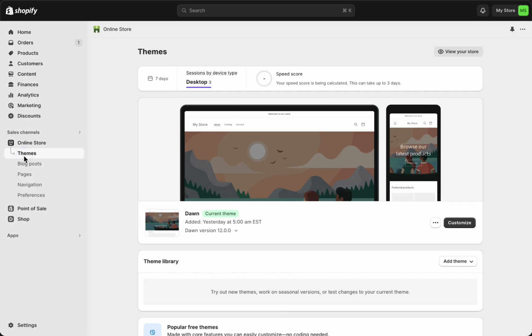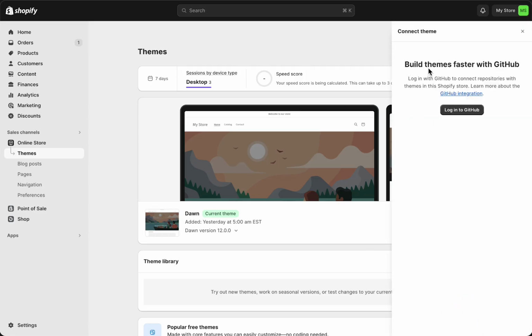and then tap on themes over here. Then you see this screen and then you need to tap on add theme. So go to theme library and then tap on add theme. There you can see this option connect from GitHub. So tap on this. And as you can see, build themes faster with GitHub, so you can create your custom